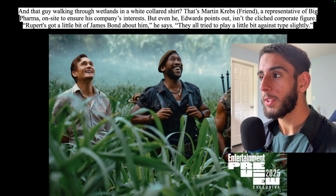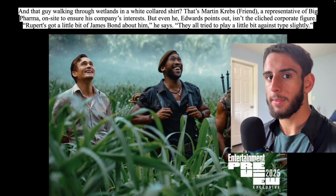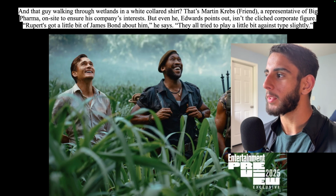We can read here. This is from an article, and this is what Gareth Edwards said. And the guy walking through the wetlands in that white shirt, that's Martin Krebs, Rupert Friend, a representative of Big Pharma, on site to ensure his company's interests. But even he, Edwards points out, isn't the cliched corporate figure. Rupert's got a bit of James Bond about him, he says. They all tried to play a bit against type...